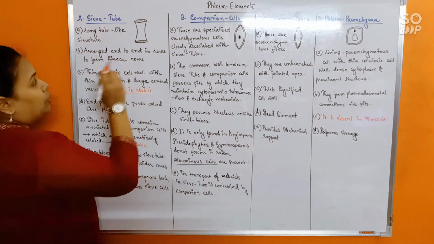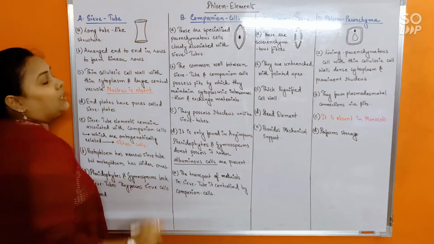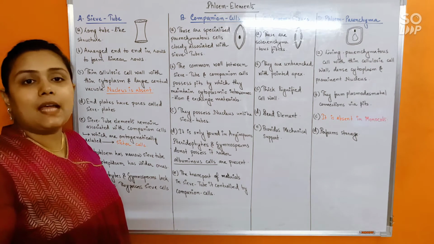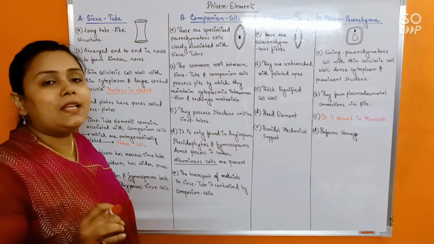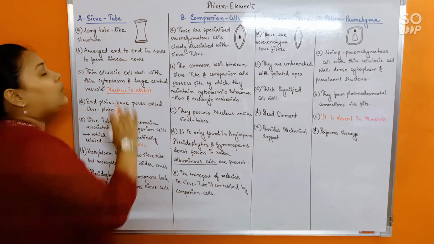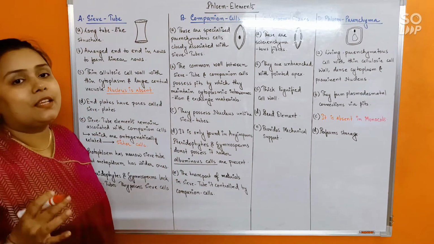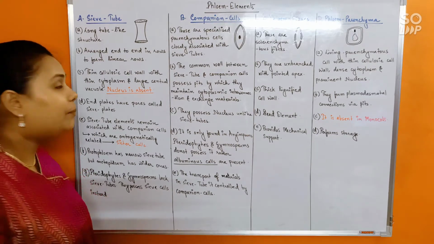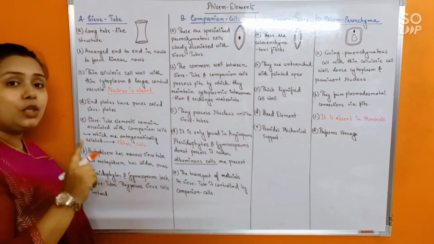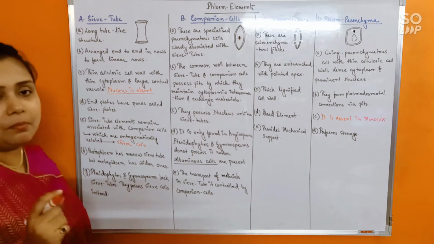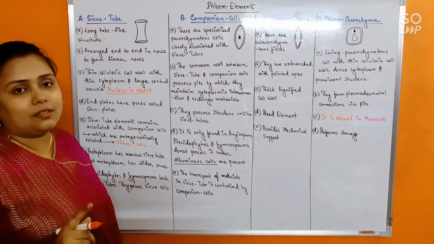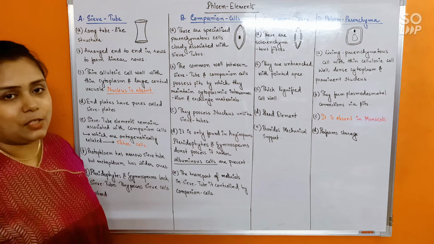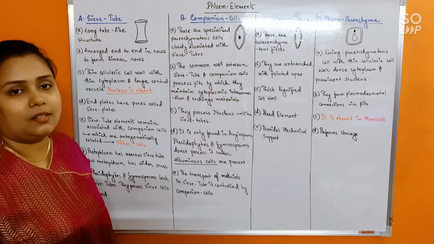To your surprise, this middle lumen is not empty for conduction, rather it possesses thin peripheral cytoplasm. Cytoplasm being present, we have to call the sieve tube a living cell, because living matter is present. But again, the nucleus, which is also a very important part of the cell, is absent. This is a very unique feature. So it is a living cell with the living matter cytoplasm, but it lacks a nucleus.